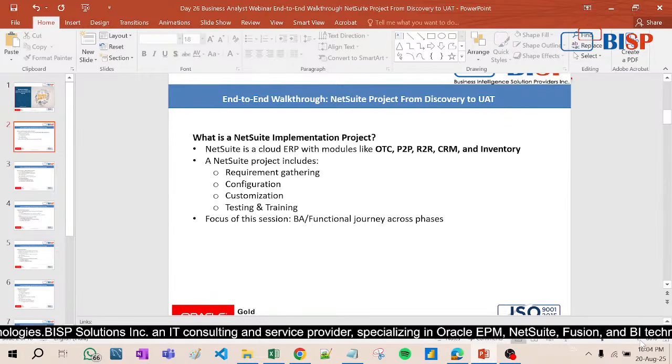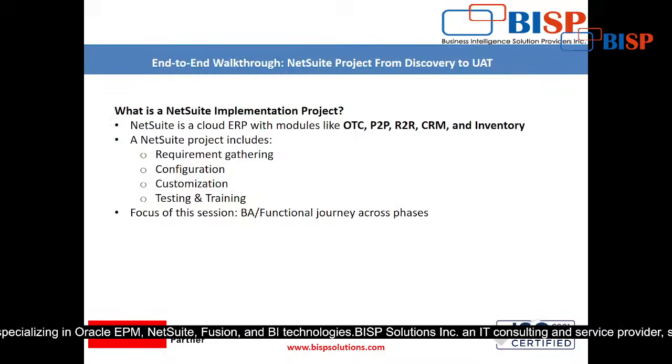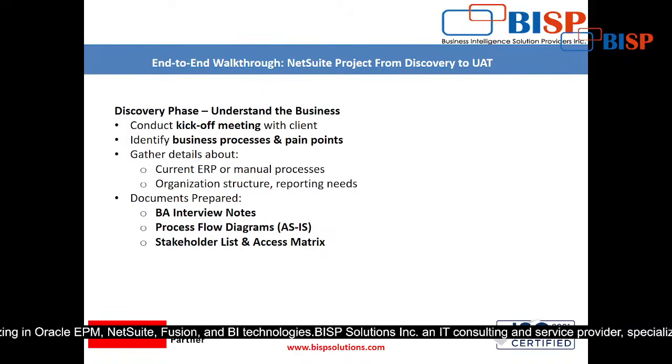So the focus of this session is the BA functional journey across phases. That means the business analyst functional journey across the phases. This is what we are going to see here. Now let's see here again. Let's come here in our